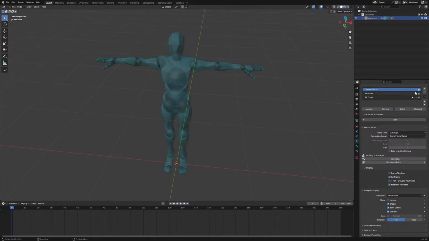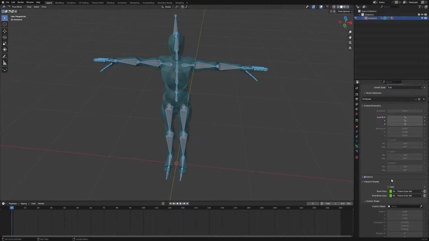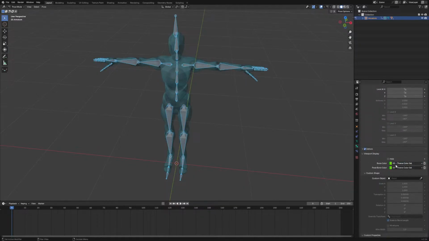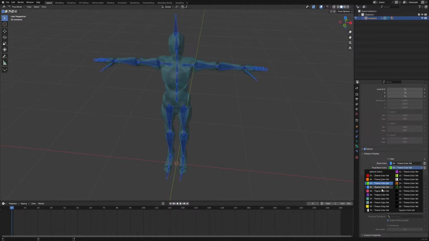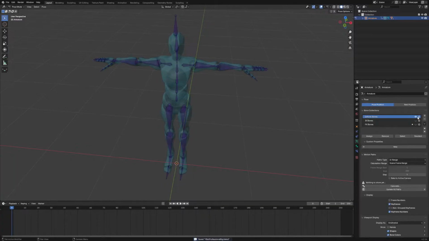Alright, so now we have deform FK. Now these IK bones are going to be set to a different color as well, because all of them need to be set to different colors, so that way you know,